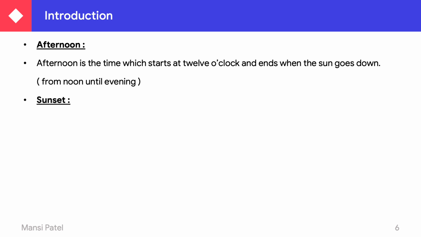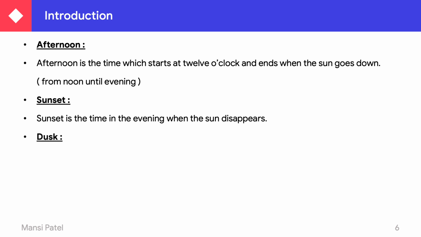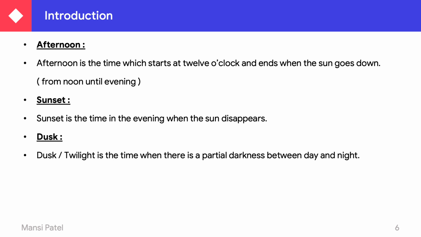Now, sunset. Sunset is the time in the evening when the sun disappears. So when the sun disappears, that time is known as sunset. After that there is dusk. Dusk or twilight is the time when there is partial darkness, not the whole darkness,